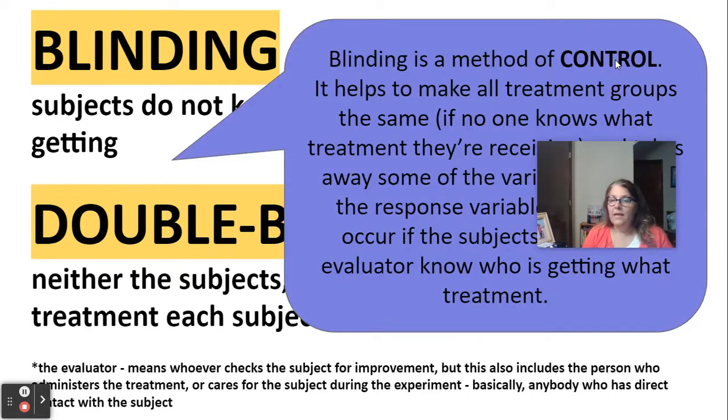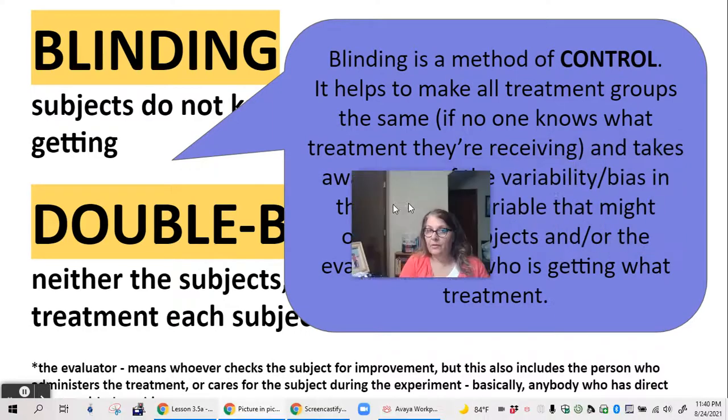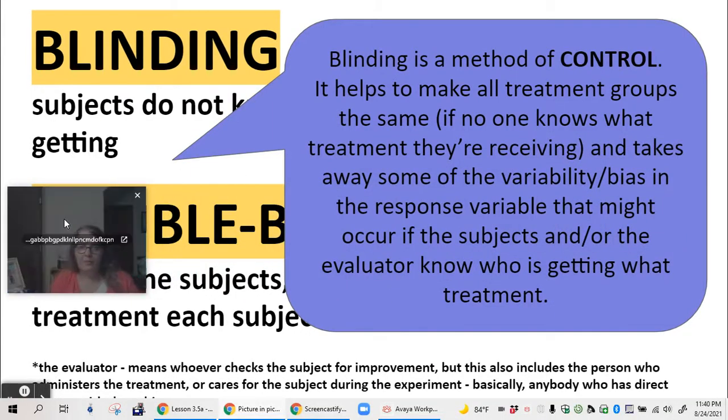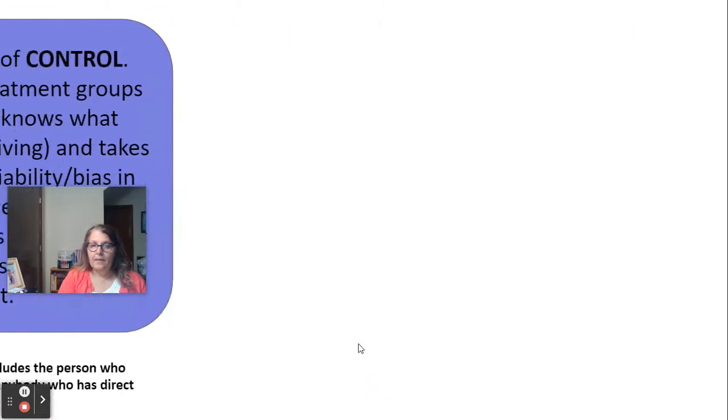So blinding is a control method. It helps make all treatment groups the same. If no one knows which treatments they're receiving, that takes away some of the variability or bias that the response variable might have if the subjects and or the evaluator know who's getting what treatment. So that's why blinding and double blinding are important. Okay, so